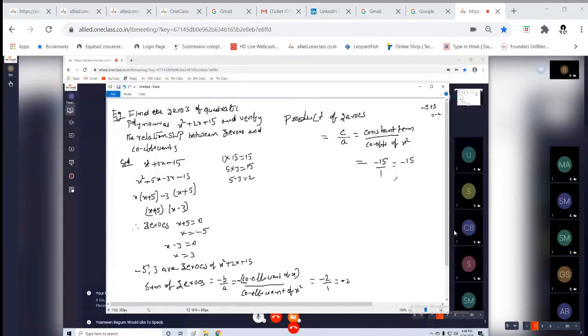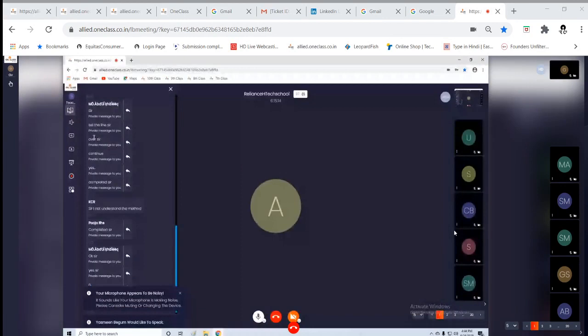Got it, children? Understood now? So if any quadratic equation is given, is there any use of this without finding the zeros? If he just asks to find zeros, we have to find them. Without zeros also, we can directly do this. Look here. How many have understood? Without finding the zeros, if we want the sum and product of the zeros, we can find them now. But if we are asked what the zeros are, we have to go for factorization. Have you understood, children?